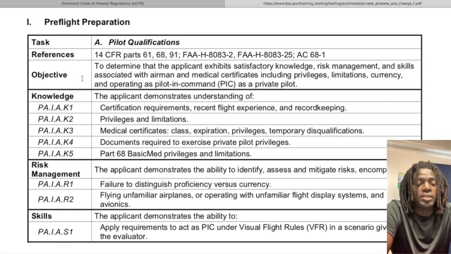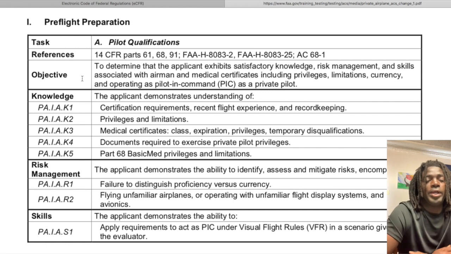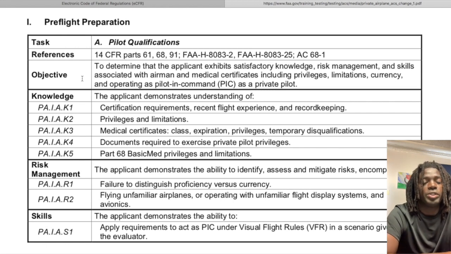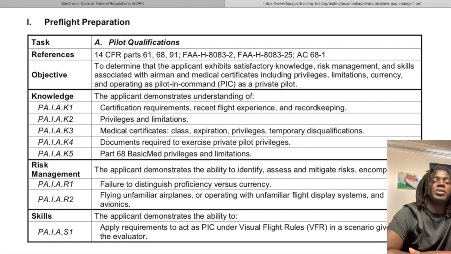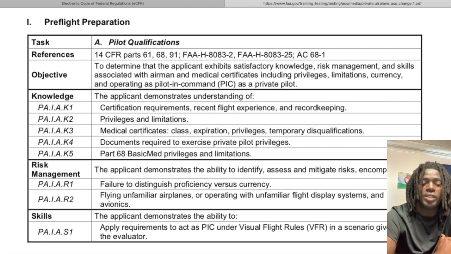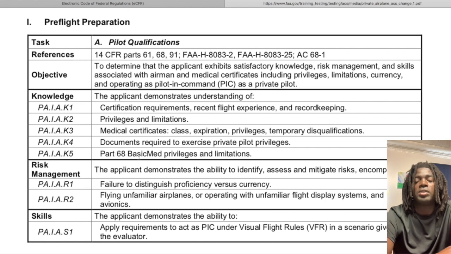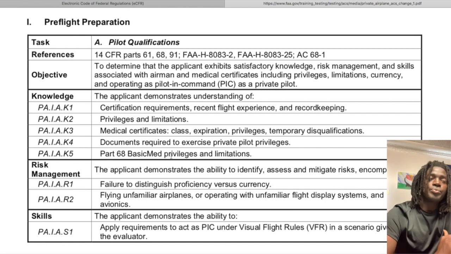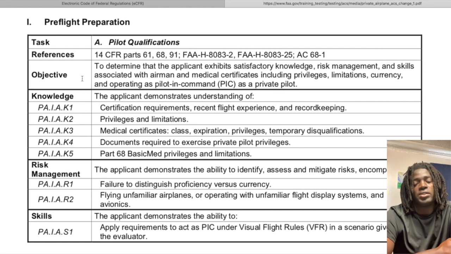And that is all for today's ACS of the day. All right, that was on pre-flight preparation. And the knowledge areas that we covered were the certification requirements, recent flight experience and record keeping, privileges and limitations, medical certificates, class, expiration, privileges, temporary disqualifications, documents required to exercise private pilot privileges, and Part 68 BasicMed privileges